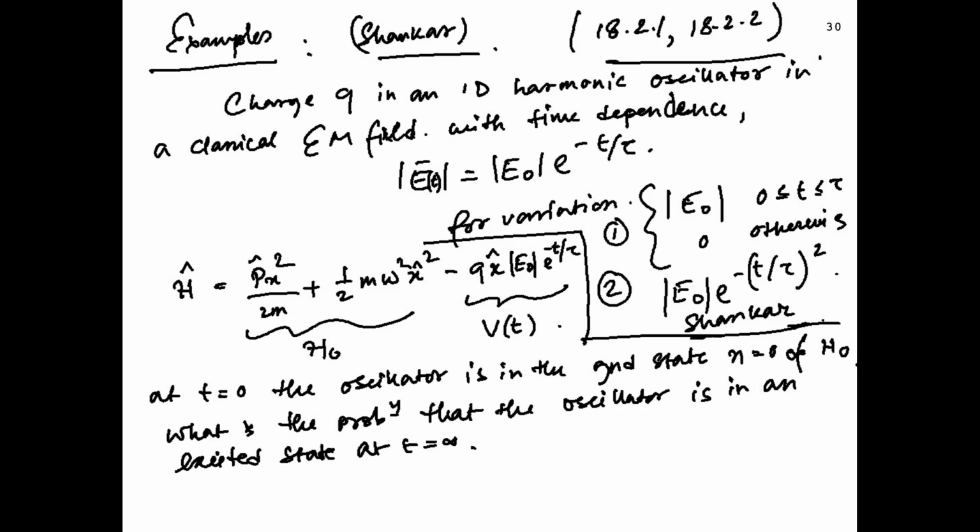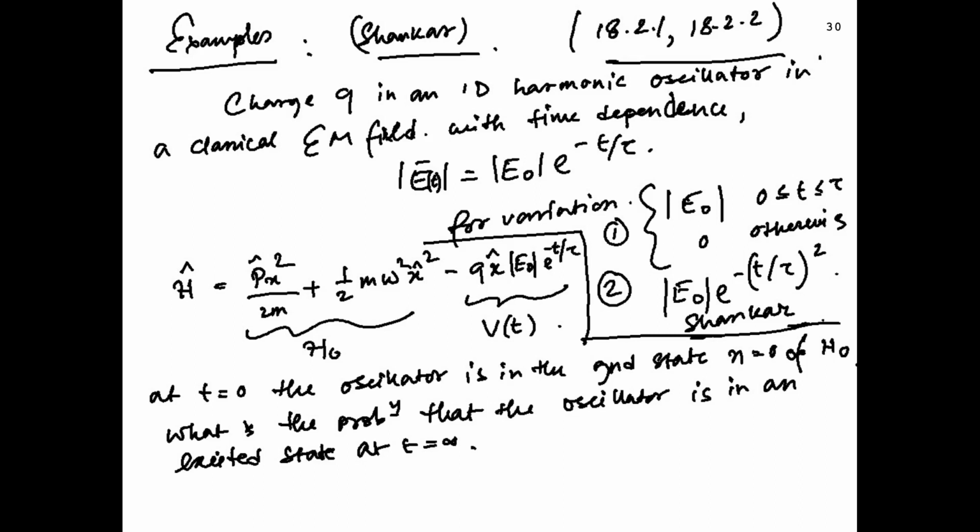The problem is you have a charge Q in a one-dimensional harmonic oscillator in a classical electromagnetic field. Remember one thing: so far we have planned to treat the electromagnetic field entirely as a classical object. We have not dealt with the photons yet, or quantized the electromagnetic field. That is something we'll do later, but let's just imagine that the field is classical, but the particle we are interested in is a quantum mechanical object. That is an approximation which is true in certain limits, but not always true when you try to probe things at much higher energy.